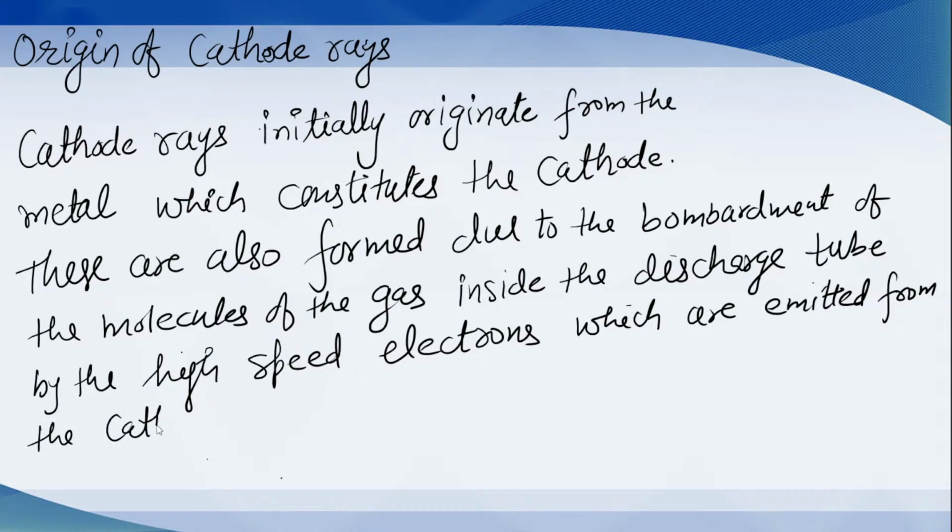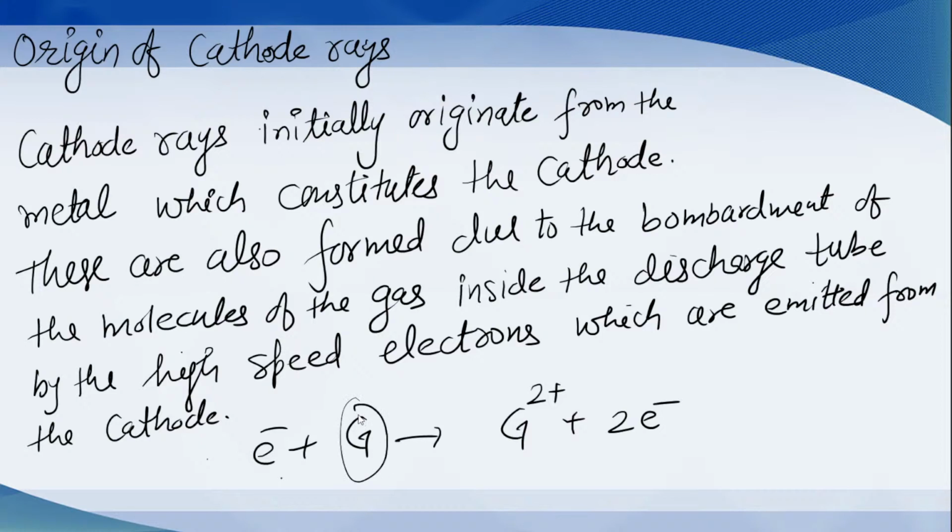So what is the origin of cathode rays? First, the material of the cathode, that is the metal that constitutes the cathode, and then these electrons, when they strike the gas molecules, ionize them. So these are also formed due to the bombardment of the gas molecules inside the discharge tube, by the ionization